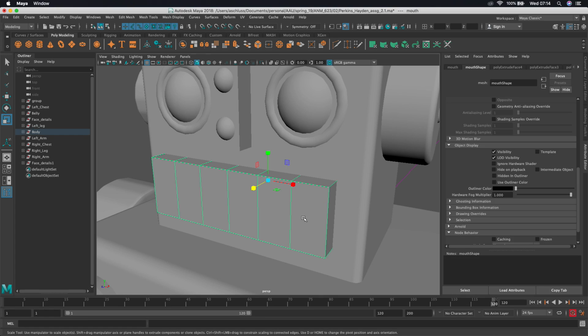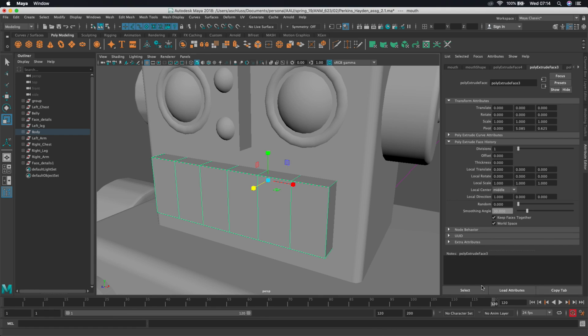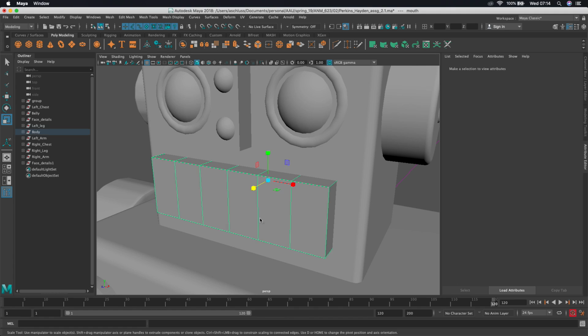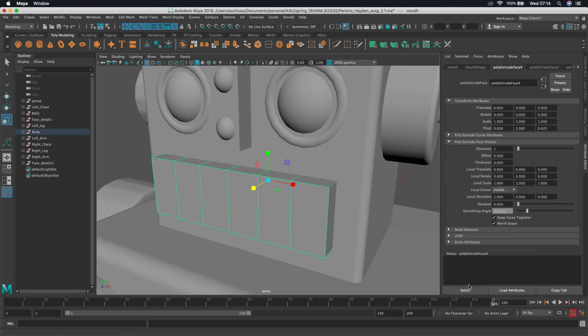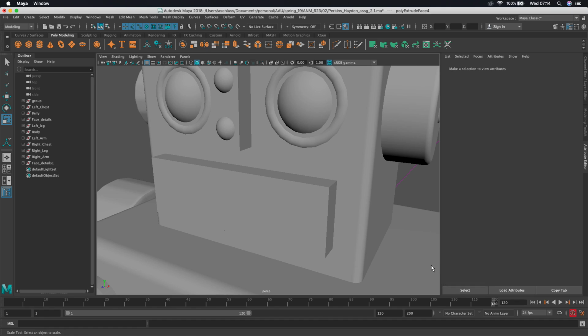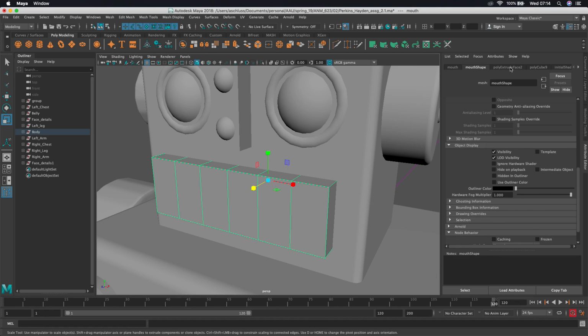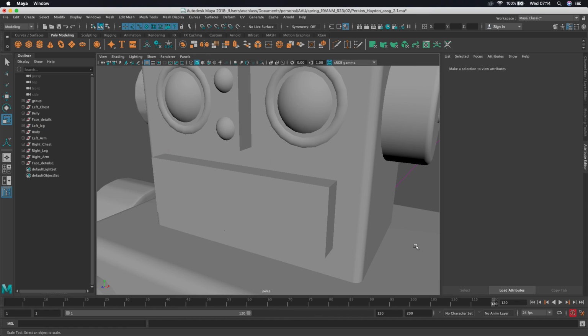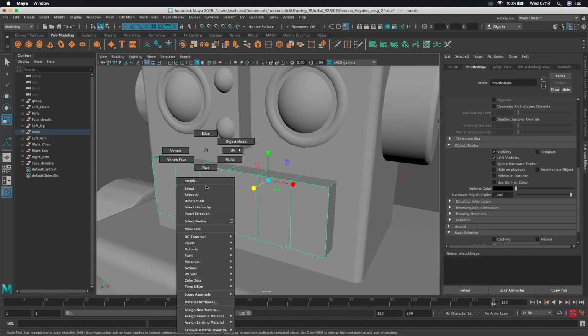Okay, so you've got, well then what's this one? I'm just going to delete all of these because I don't know what all these extra extrudes are doing. Seems like there's a lot of extra extrudes on here. I don't know. So anyway, just to redo this real quick,